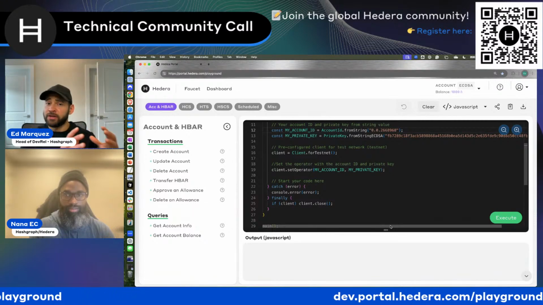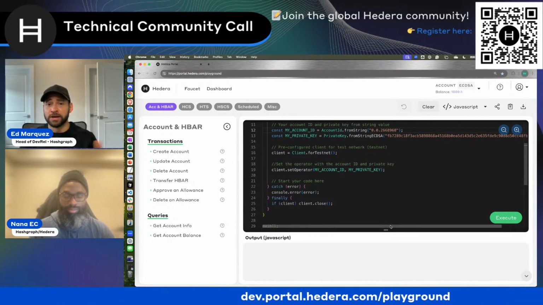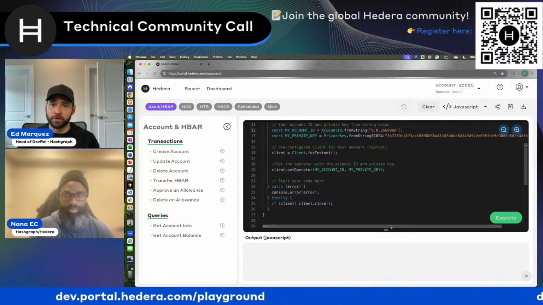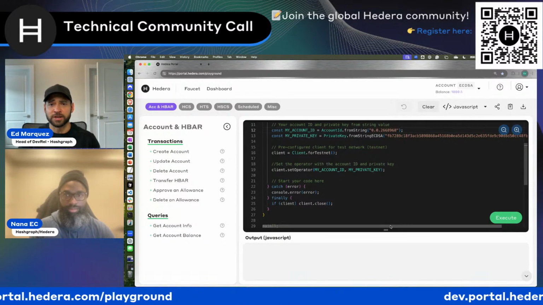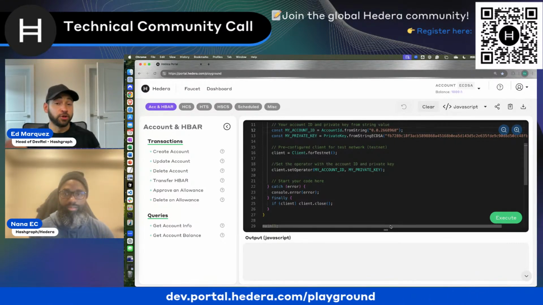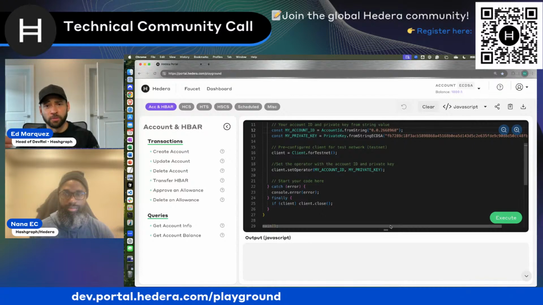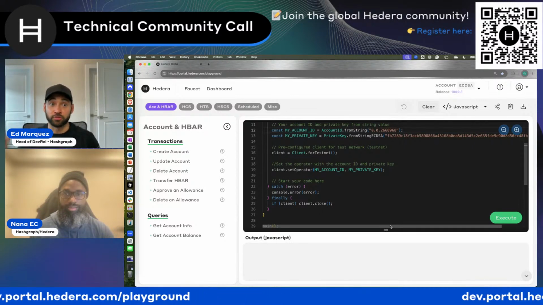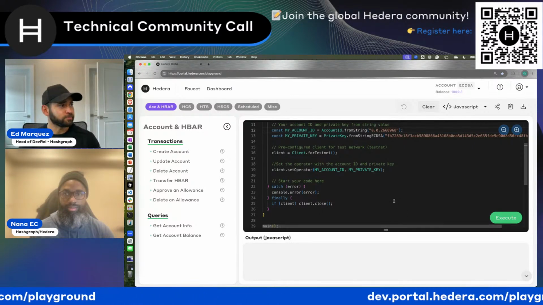And on Hedera, you can have accounts that either have a single key, they can have a key list where maybe if you have 3 keys, all 3 of those have to sign to approve transactions, or you can have a threshold key. So say 1 out of 3 keys can sign. And you can also have nested structures for more complex workflows that maybe reflect real world hierarchies.